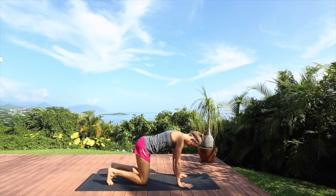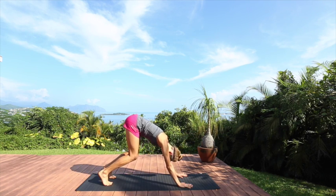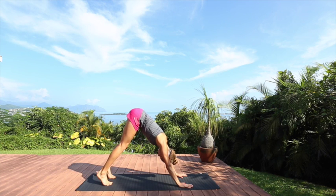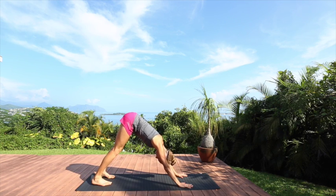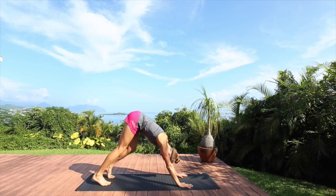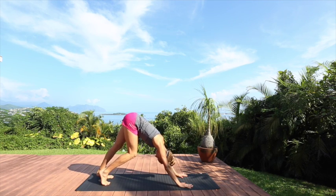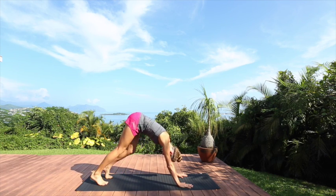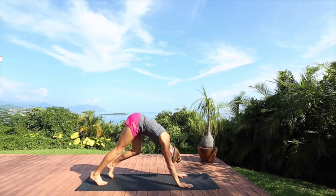some extra hamstring stretches. So tuck your toes, keep your knees bent, and come into a downward dog with knees bent. Then lift your hips as high as you can and slowly stretch the ankles down towards the ground. Let's pedal the feet out here, so bending one knee at a time, just to stretch out the calves and the hamstrings. You can even roll the top of the foot over to massage the toes into the floor here